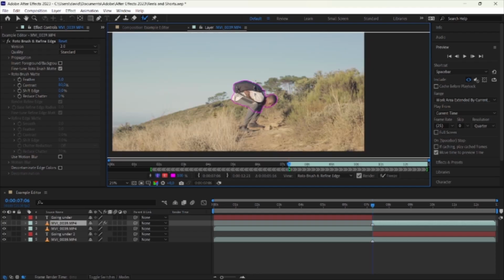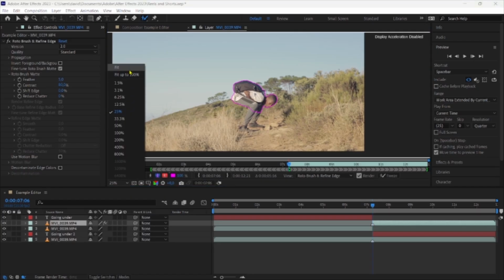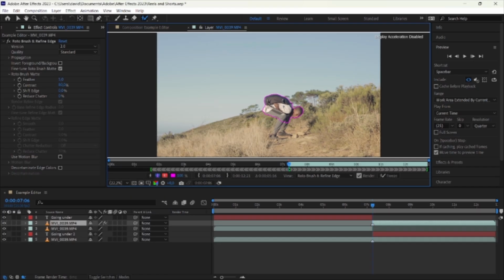Then I can zoom out again, or you can come here where it says magnification ratio, and I just select fit. So from here you need to scrub through the entire timeline to make sure the parts of the subject that you want to be selected remain selected, so that it doesn't look weird.